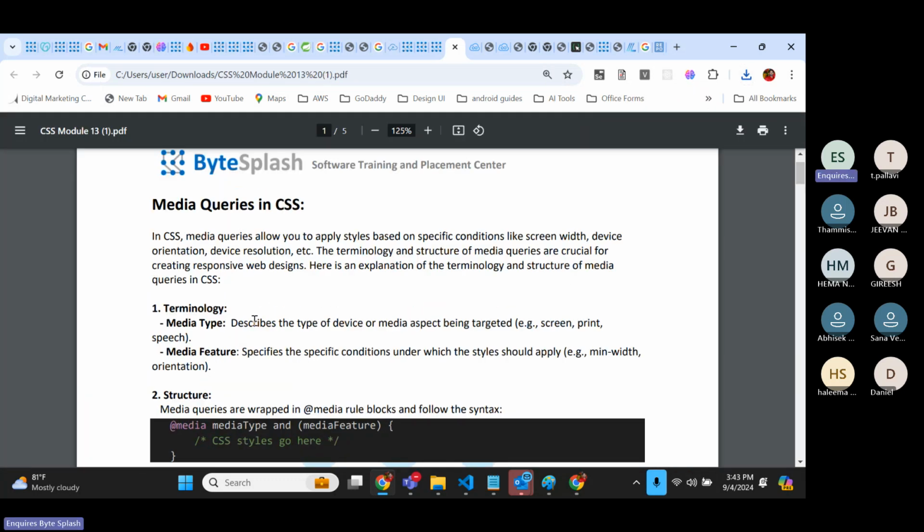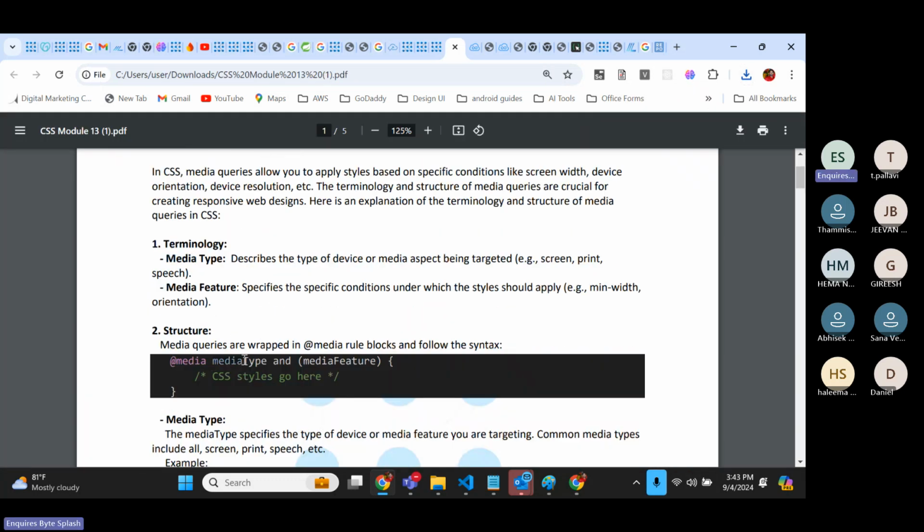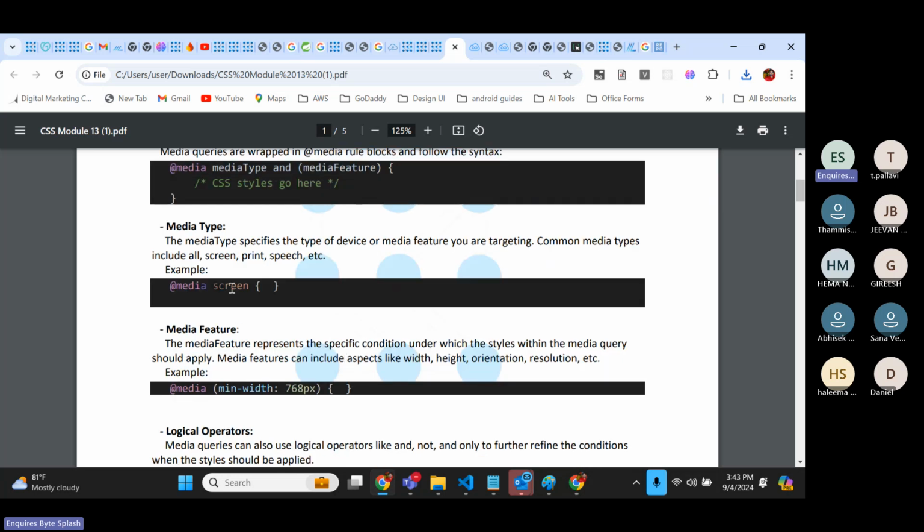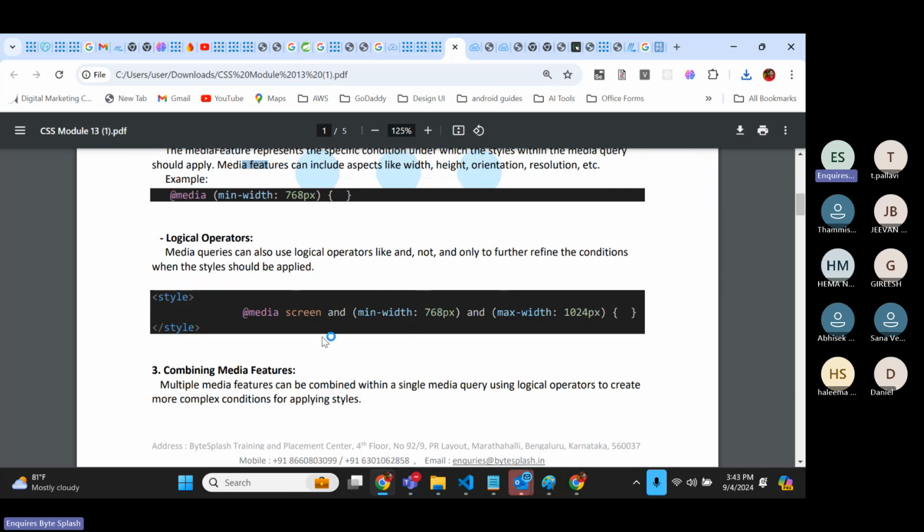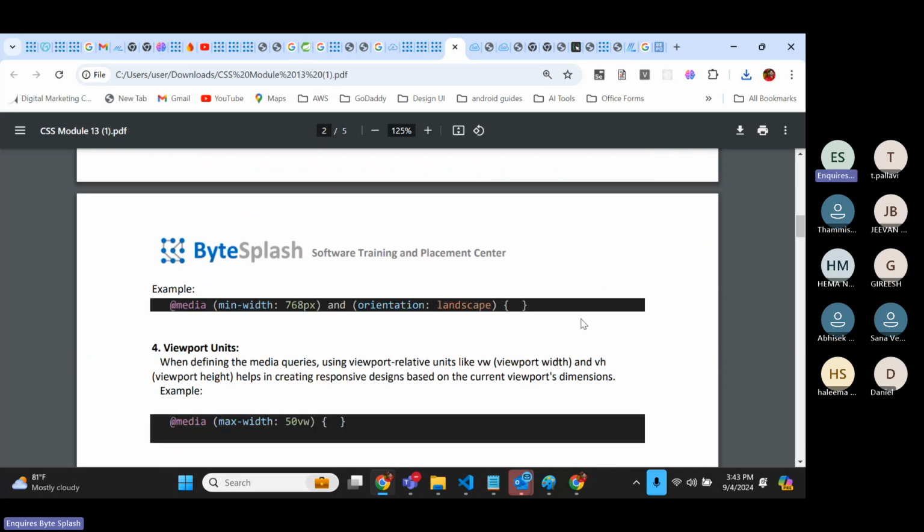So the terminology is using media and media type, screen or orientation, horizontal or vertical. You can give horizontal or vertical. Screen, min width, max width. You can apply both also. If min width is 768 pixels for laptop and max width is 1024, meaning starting and ending, you can give that also. Again, orientation also you need to give, landscape. If min width is 768 pixels and orientation is landscape, then definitely it's 100%